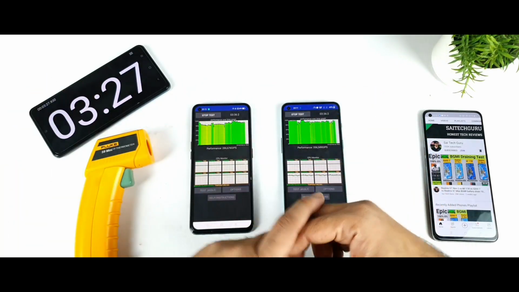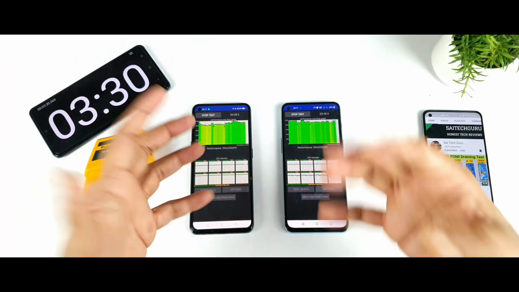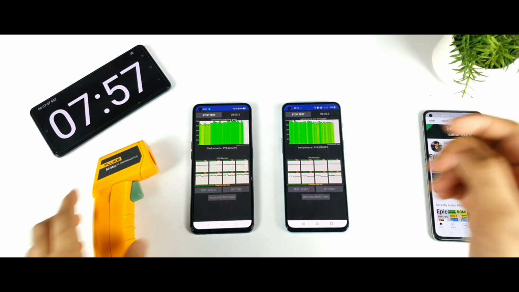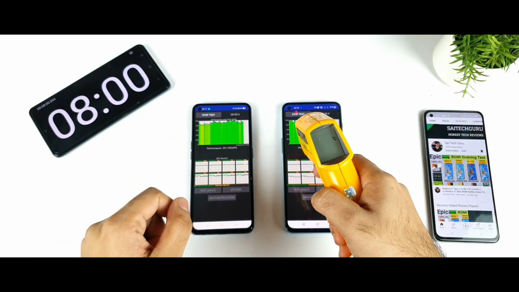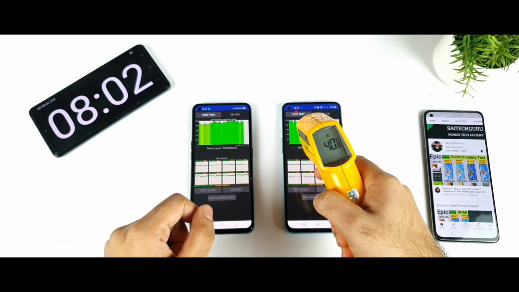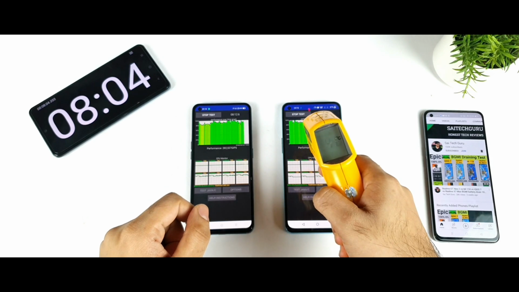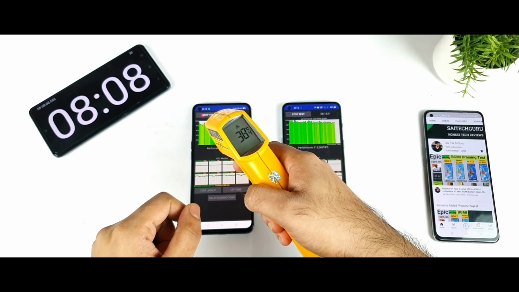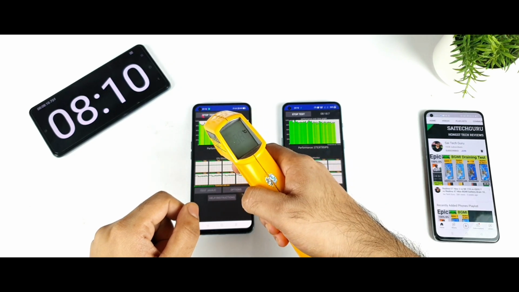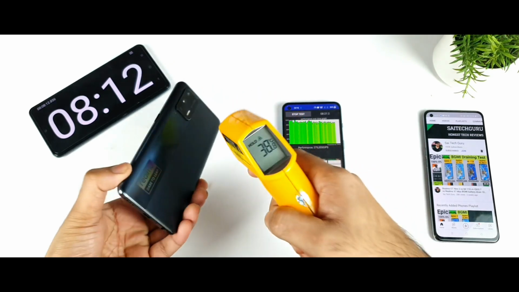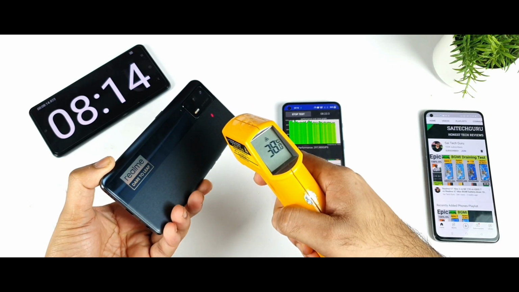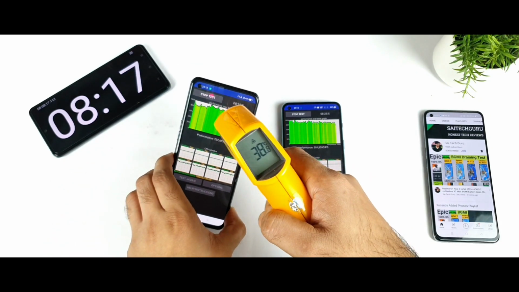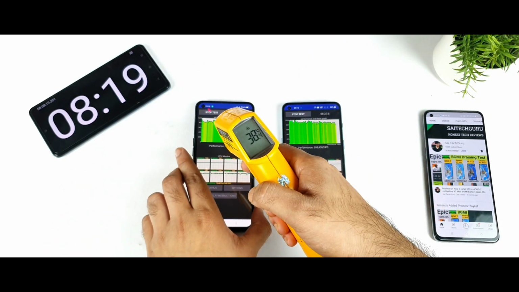So I'm going to be back after some time, maybe close to 10 minutes, then I'll discuss more details. So right now we are at exactly 8 minutes, and the OnePlus Nord 2 increased to 40.8 degrees, then 41.4, and the Realme X Max went up to 38.4 degrees Celsius. Realme X Max, as you can see, 38.4. This phone is not allowing high temperatures at all. It's maintaining very low temperatures.